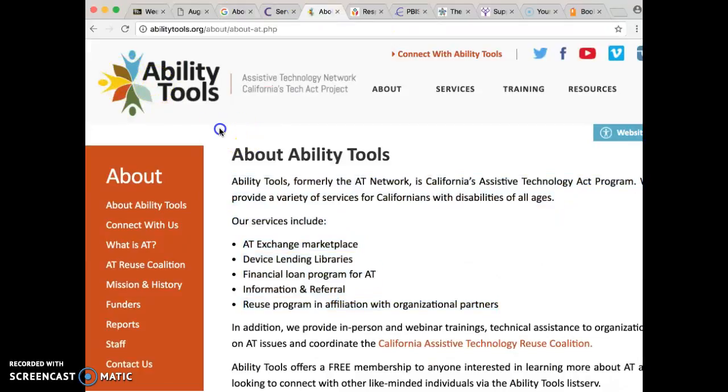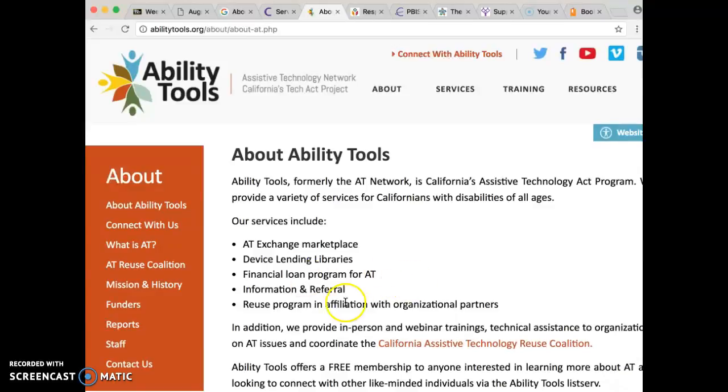All right, the next one is Ability Tools, and this is actually a perfect segue into Ability Tools. Ability Tools is actually a state-run service, and they are there to allow for assistive technology exchange. They've got device lending libraries, so you test out an assistive technology tool for a month or so to see if it actually is helpful.